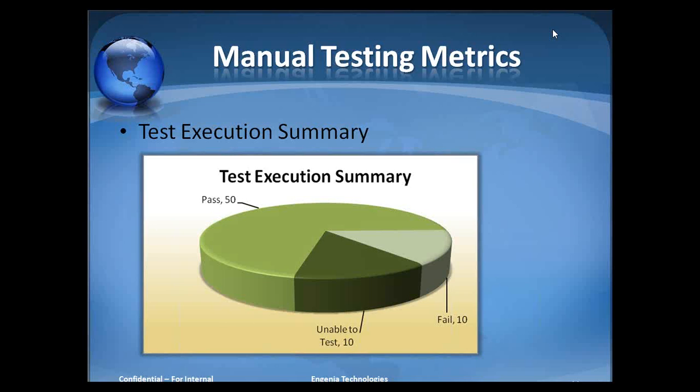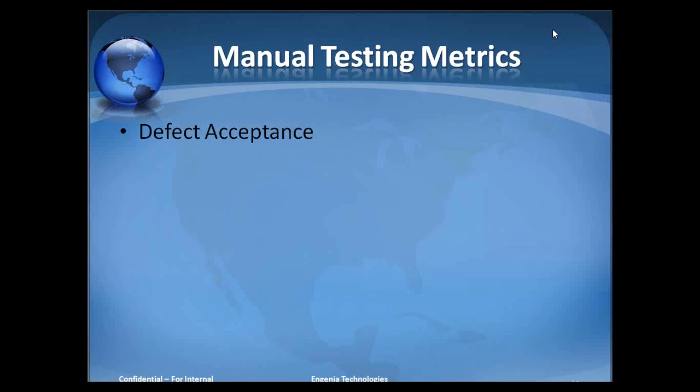So there might be some ways that we are not able to test. For example, due to some kind of time crunch, or there was a defect which was not fixed, it was postponed. There was some kind of setup issue, or some tests were taken out of scope. Due to this, some of the test cases are out of scope. So in all, we can find out the test execution summary, and then we can also compare them.